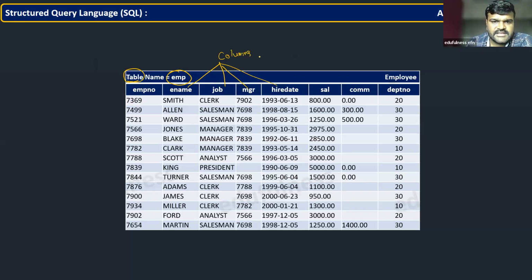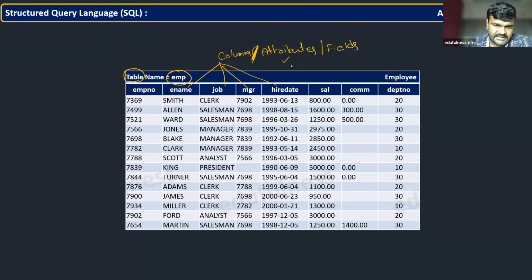So what are the alias names for these columns? Very frequently used names in real time are attributes, or you can call them fields. All these are interchangeable names people will use. Especially the name attribute, keep this in mind.